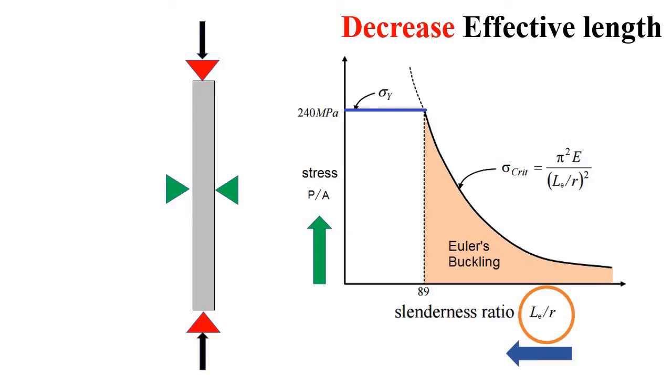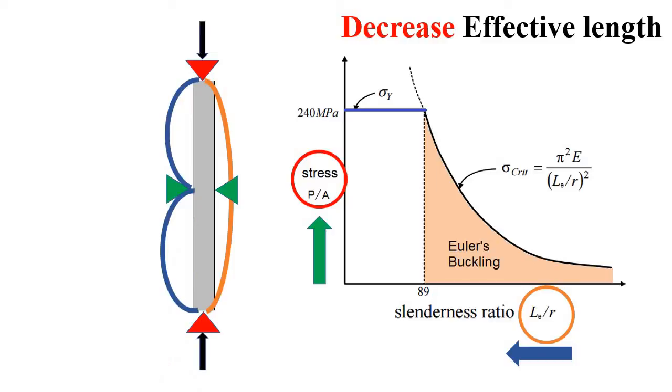After providing this type of intermediate support, our strength increases and the buckling shape is not like this anymore. Now the buckling shape of the column looks like this. Got it? So we have discussed both the options. The first option was we can increase the section size, and the second option was we can reduce the effective length. Now why have 71% of you cast your vote in favor of this second option?